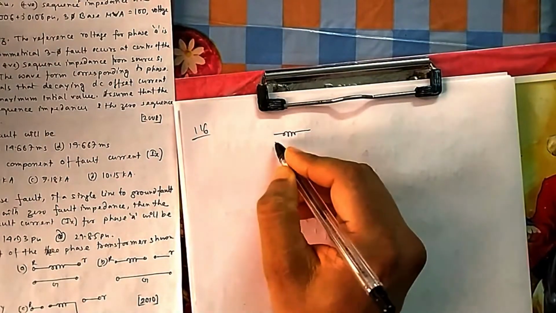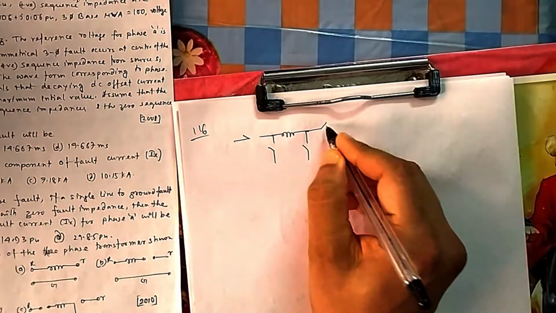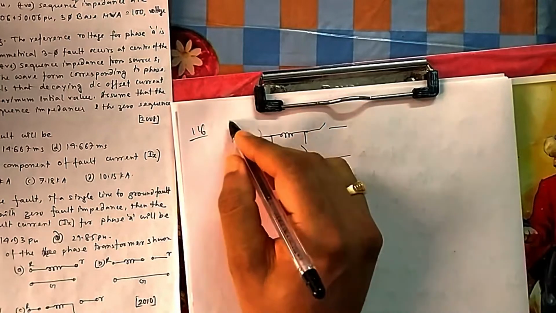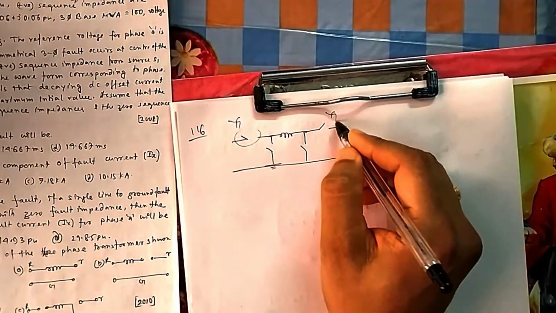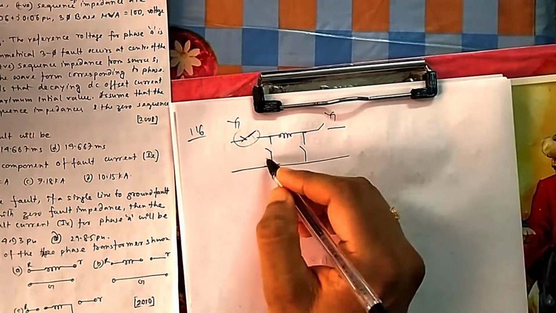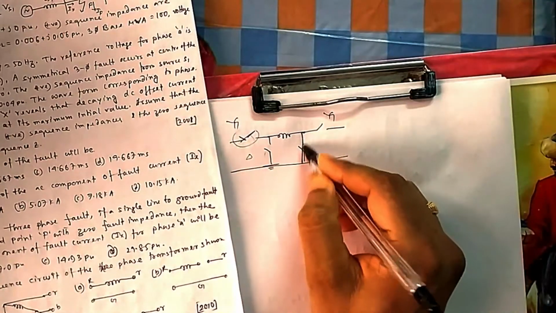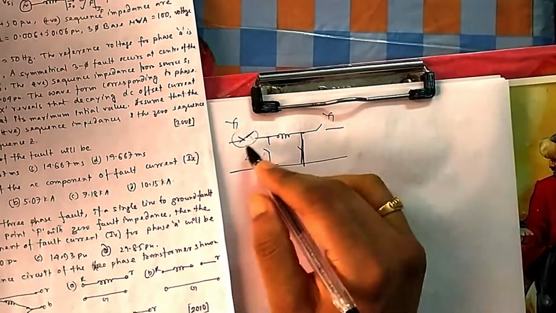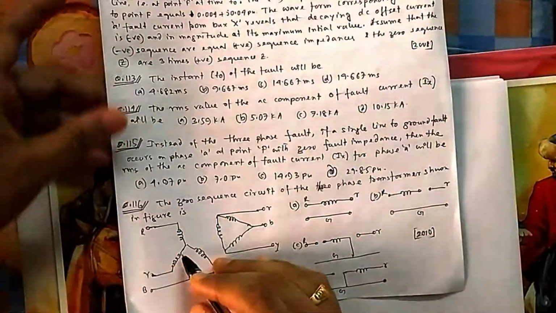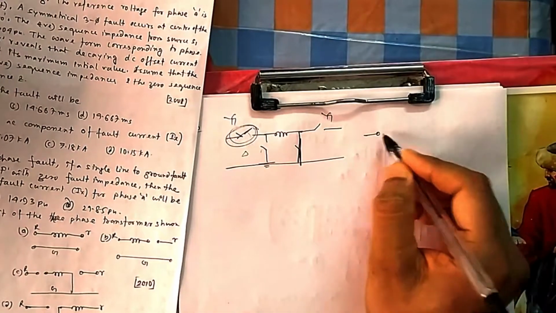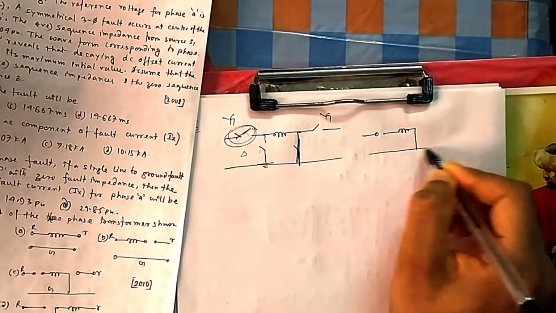This is your transformer. There are switches of this fashion for the zero sequence network. This is actually the line. If this is star grounded, then this will be connected. This will also be connected if the primary or the secondary is delta. These are for deltas. And if this is star but not grounded, this will not be connected. So it will look like this, a piece of inductor hanging around like this, something of this fashion. That is your option C.